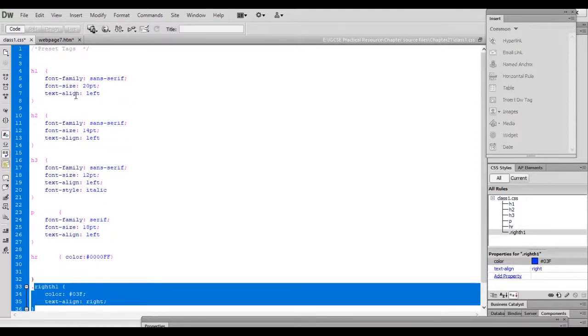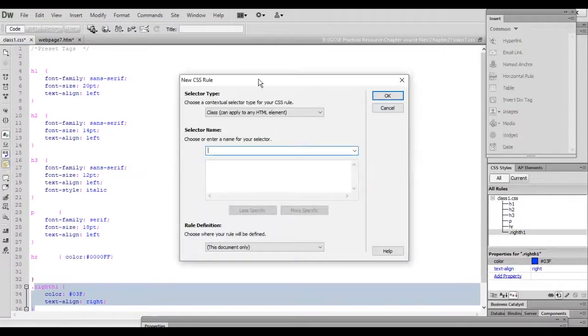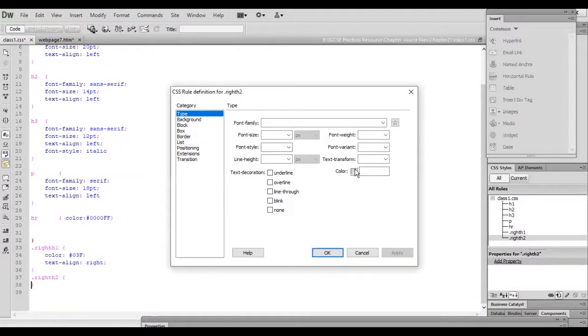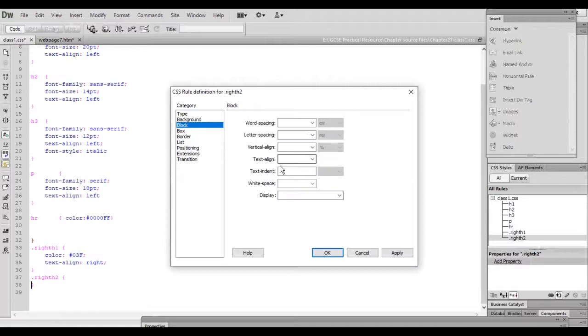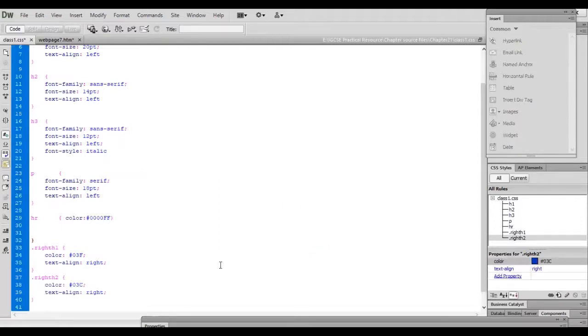In the same way I will redefine H2 and H3 one by one. So let's redefine H2. The color will remain the same, blue, and the alignment is also the same. Select this.